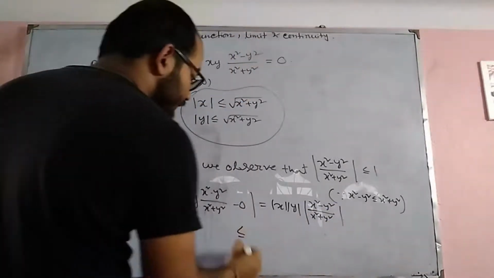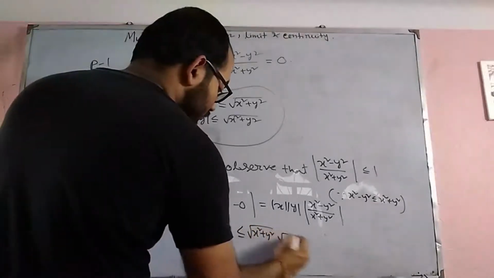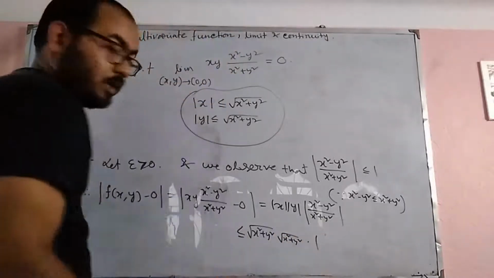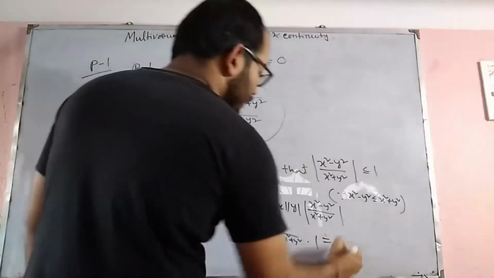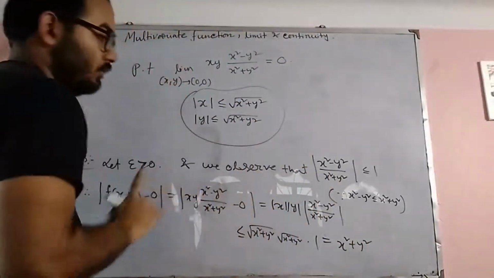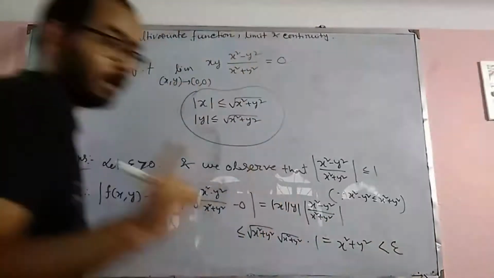Mod of x is replaced by root over x square plus y square, and mod y is replaced by root over x square plus y square, and the fraction is replaced by 1. Now the final step is less than epsilon